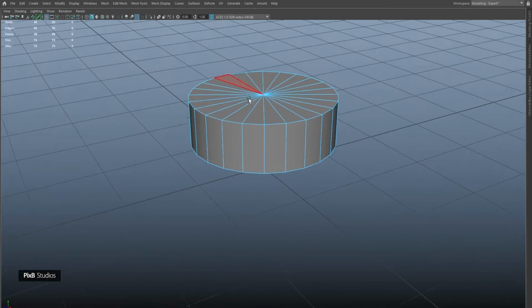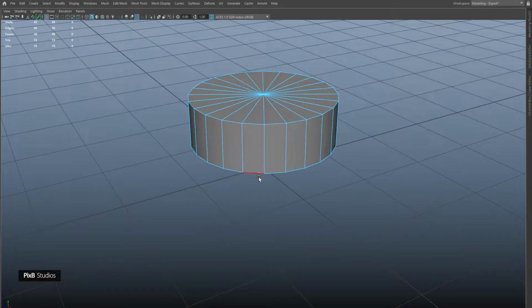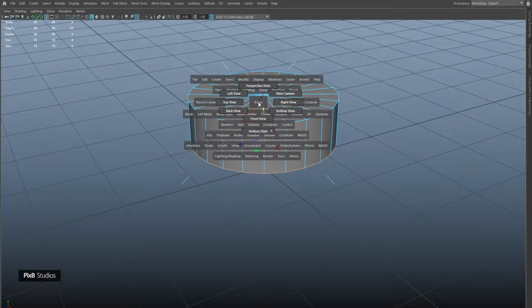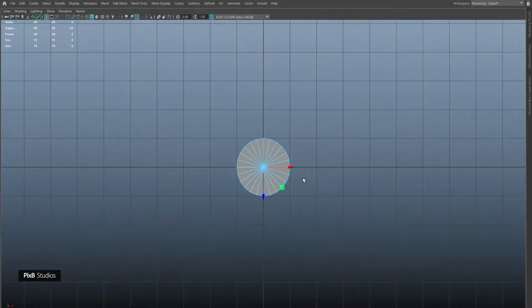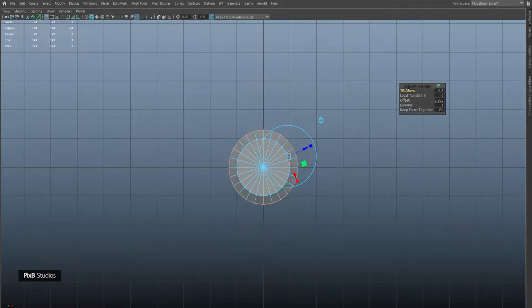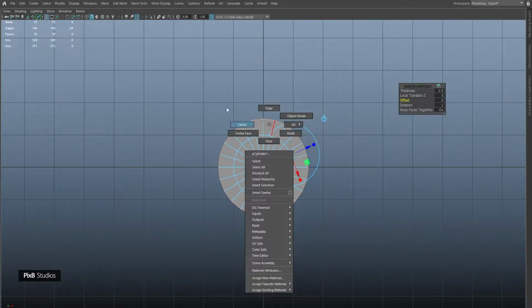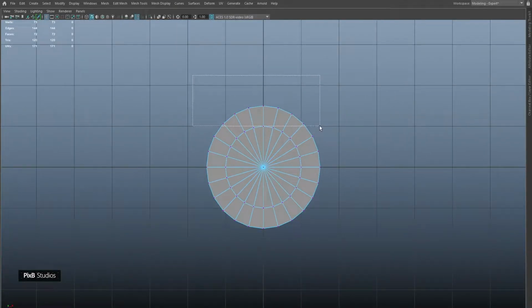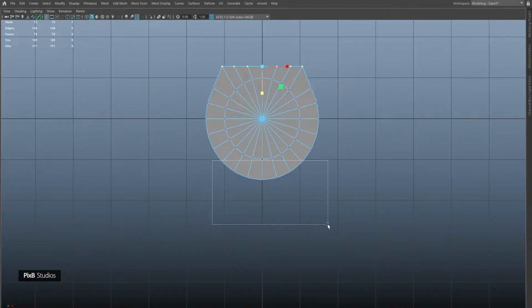Now go back to perspective, go into edge mode, select these edges, and go into top view and extrude them out and give it an offset, give it a thickness of 0.5 or so, and then select these vertices, scale them in Z, select these as well and scale them too,